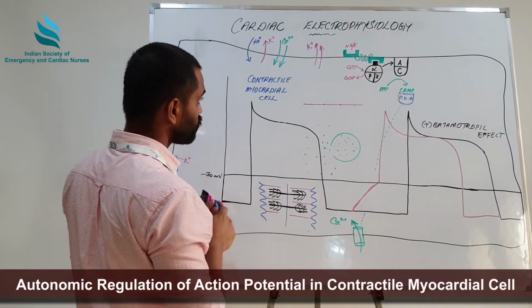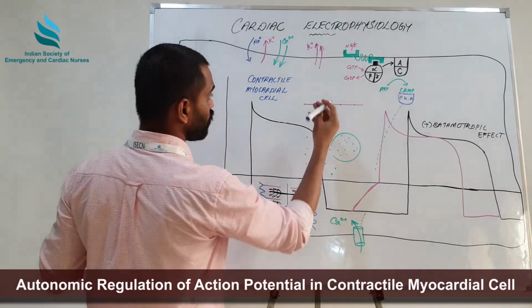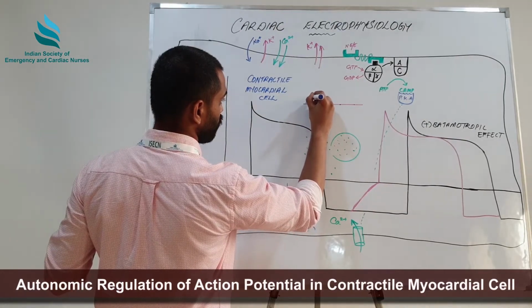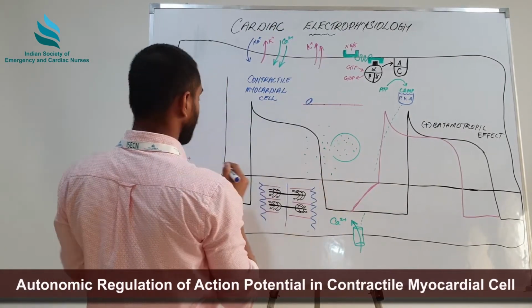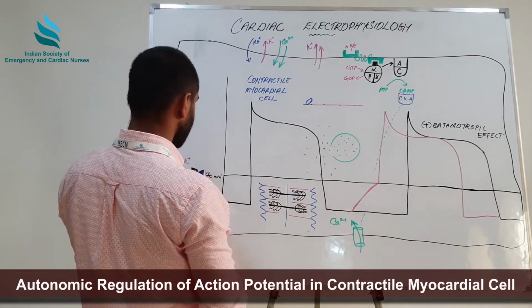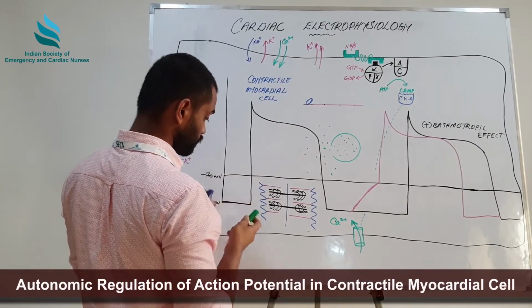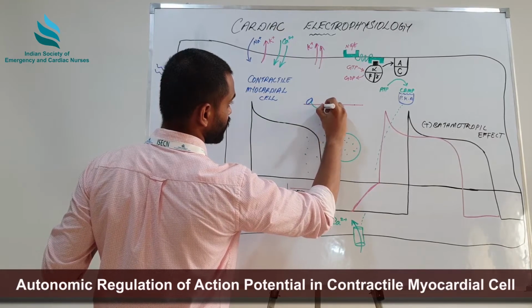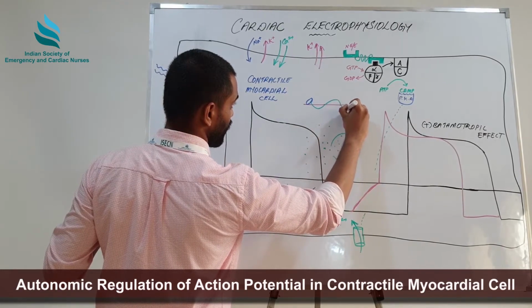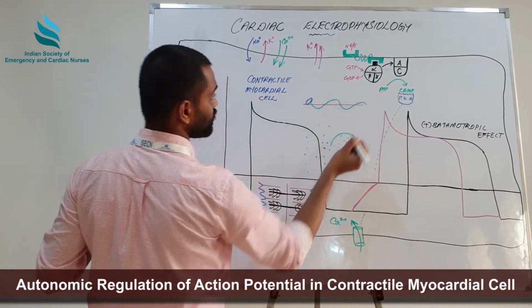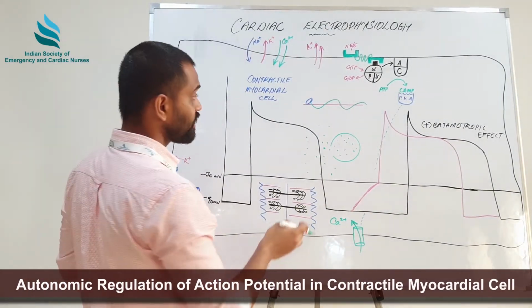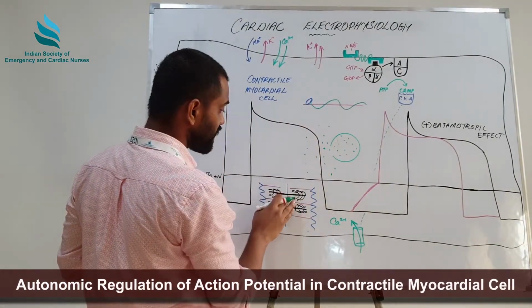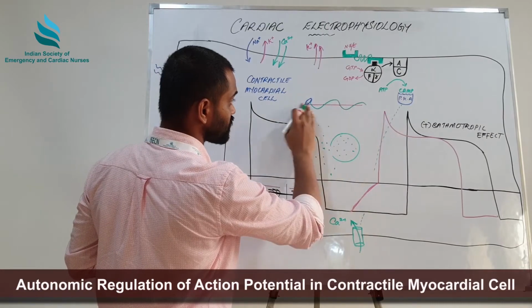We have troponin molecule on the surface of actin filament, and this troponin molecule is also attached to tropomyosin protein, and this tropomyosin protein is arranged in such a way that it covers the myosin head attaching receptor sites on